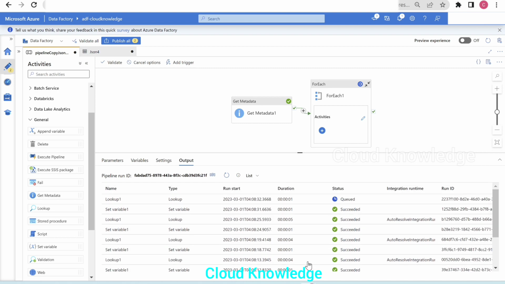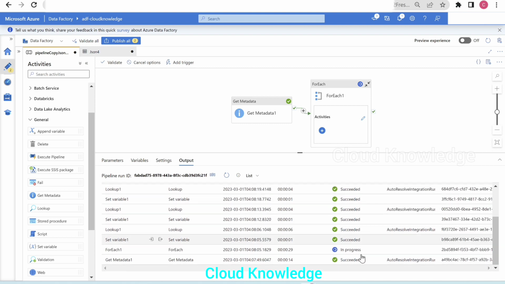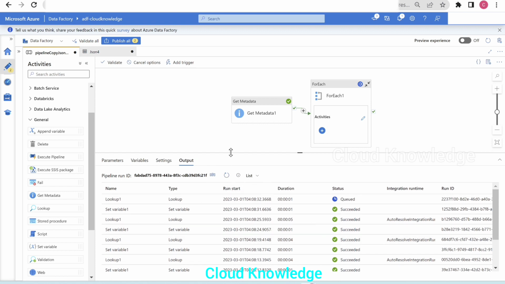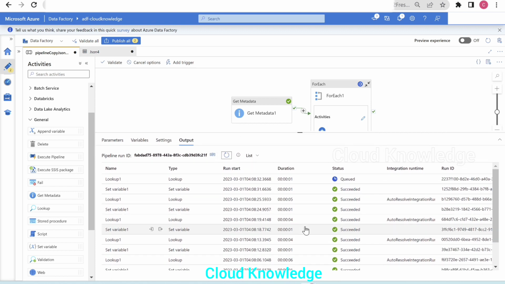We can see that the blocks are in queued or in progress state. Let's wait for it to finish.